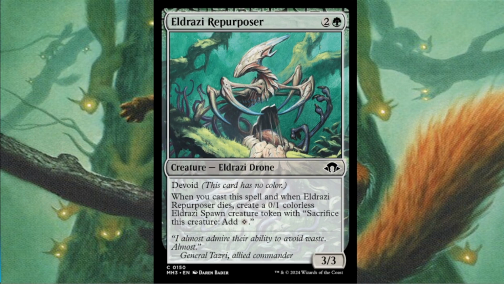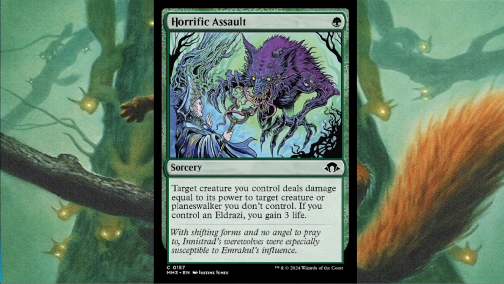I like that it creates the token on cast. That means that if this card's countered, we're still going to get a creature down on the board. Really efficient. Worth noting too, since we're getting all these cheap, aggressive green Eldrazi creatures, well, we